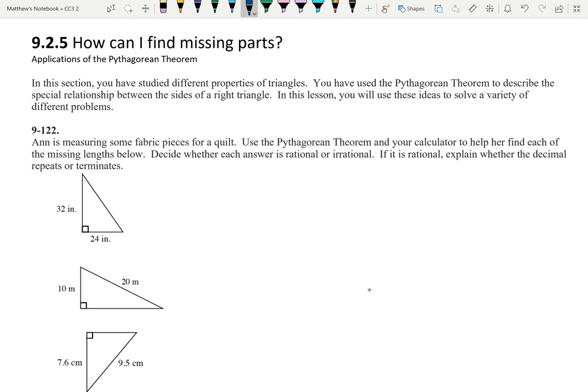So we're going to be looking at a bunch of different problems to help find a missing side length. For example, here we're missing the hypotenuse, or side C, you would call it. In this example here, we're missing a different side length. We're missing one of the legs. And same with the problem right below it. So it says Anne is measuring some fabric pieces for a quilt. So we're going to use Pythagorean theorem